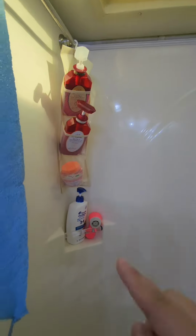I bought this one. I don't know if it's a shoe rack or what, but I kept my shampoo there so it can dry. I don't want to lay it on the floor. And then here we changed all the lighting in this